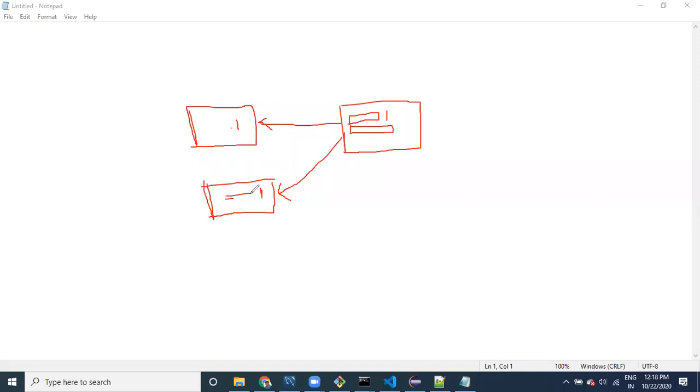And then one person has modified the code and then uploaded the code, meaning that he committed the code and then pushed the code, so the version is going to be changed to 2. Now this person is also modifying the code. After modifying, he tries to push the code, commit the code, then it is going to get the error. Why? Because he has version 1 and the server contains version 2.